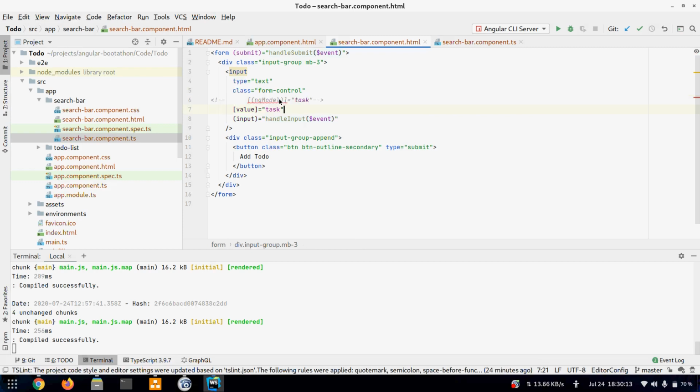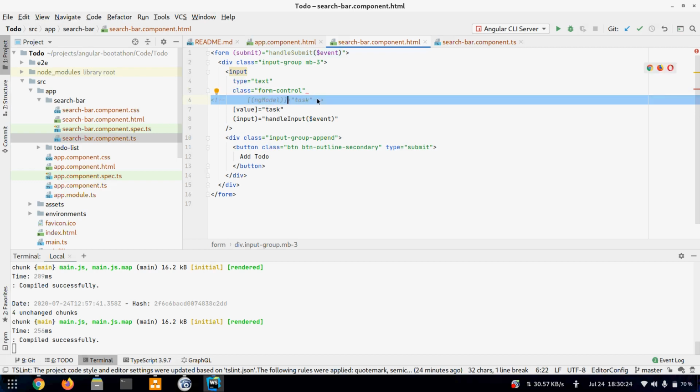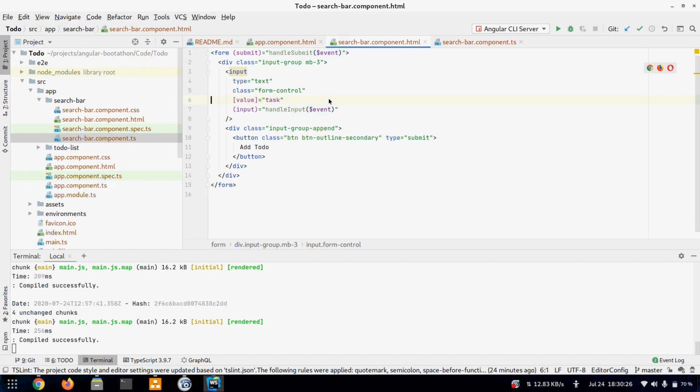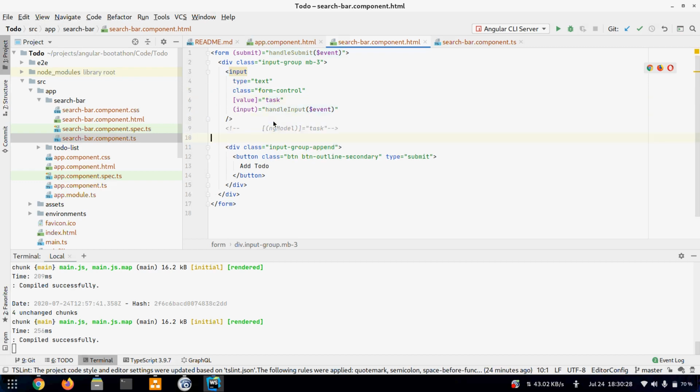This thing was similar, but I am showing you the alternate way of doing this. If you don't know about two-way data binding, then also you can do this. Let's add this here as a comment for future reference.